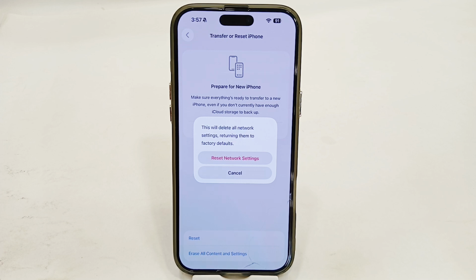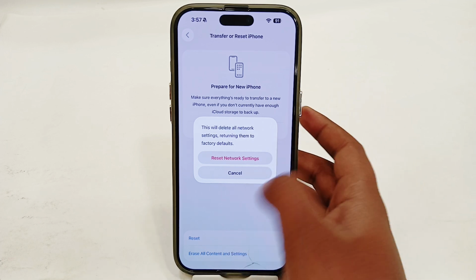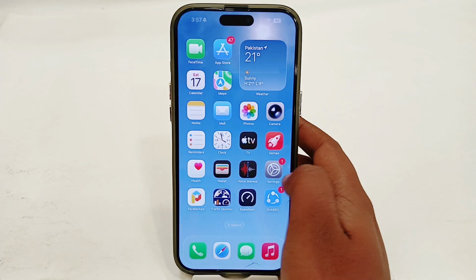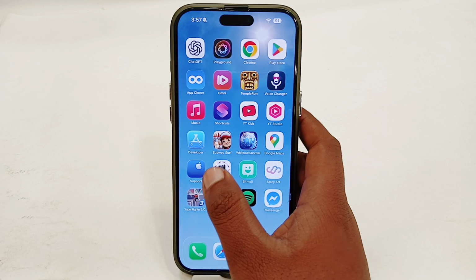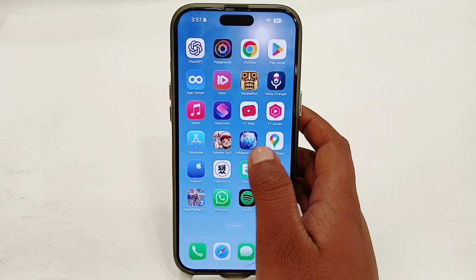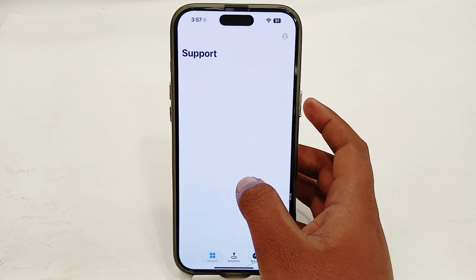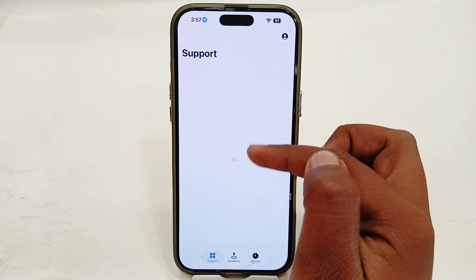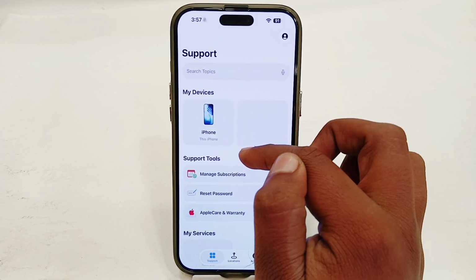Or after resetting your network settings, if you still face the same issue, you have to try to connect with a different Wi-Fi network, or you can also try to contact the Apple support team. Now to do this, just go back and open your Apple Support app. You can easily install this app from the App Store, or you can use Apple Support web. And here, just select iPhone from here,